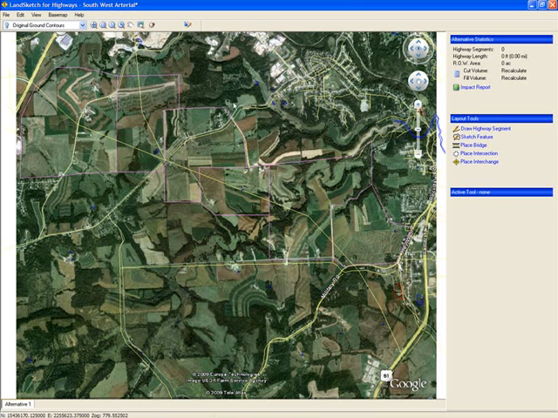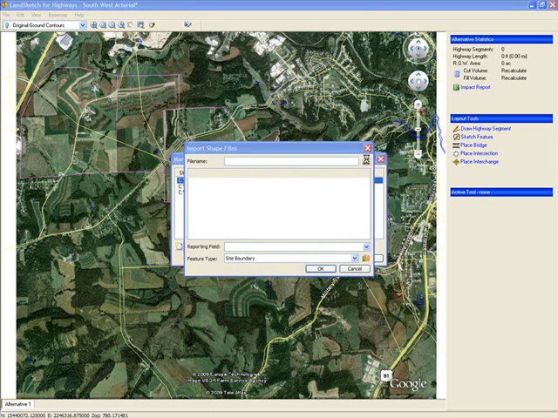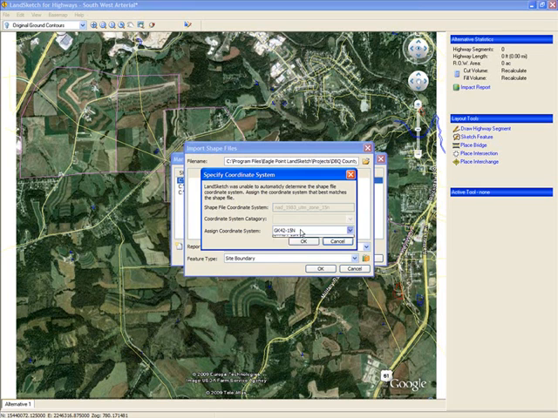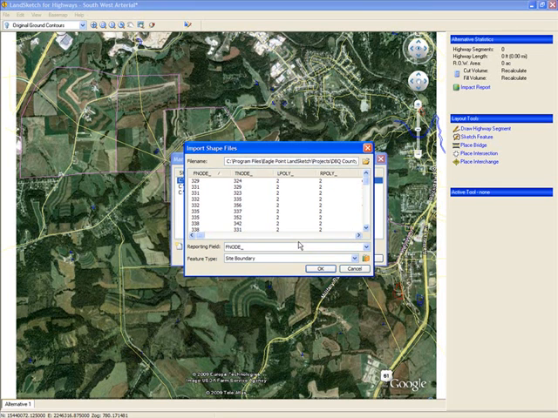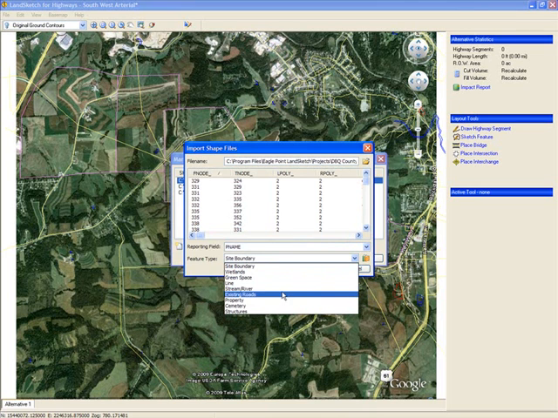Additionally, import GIS data to evaluate social, economic, and environmental impacts. In this project, existing roads, cemeteries, and wetlands have already been established. To bring in additional data, simply go to the Shapefile Manager and attach a new shapefile. After specifying the file location and coordinate system, specify the field to report on and designate the appropriate type of